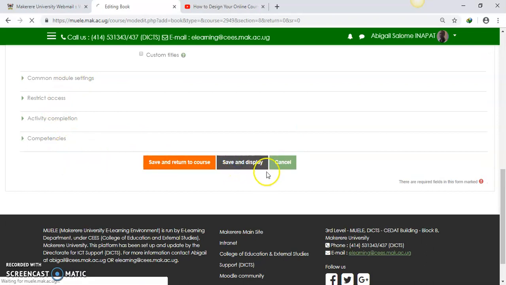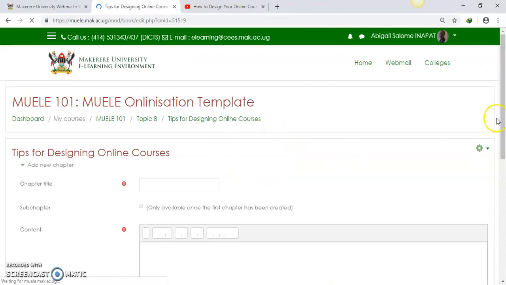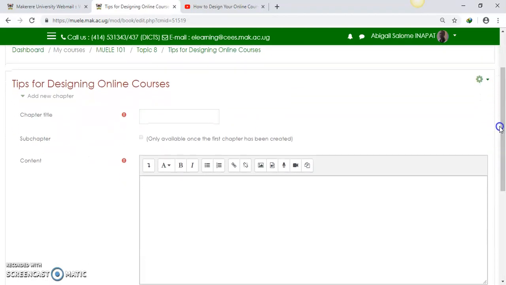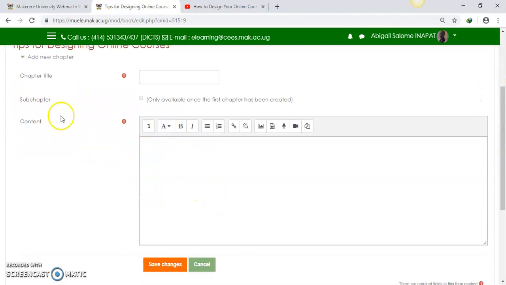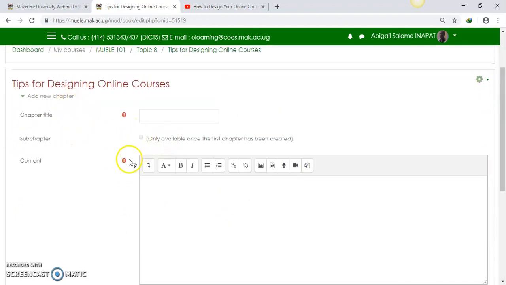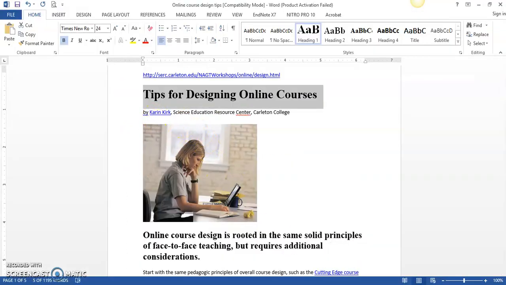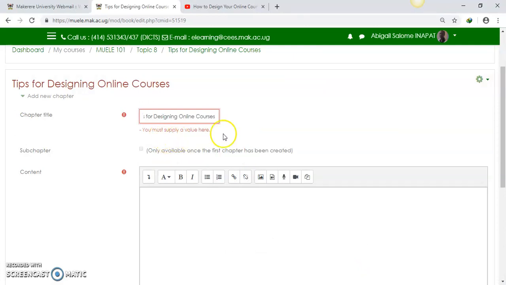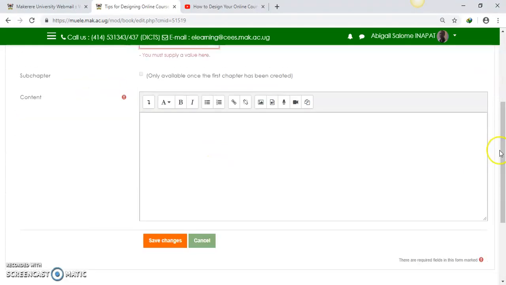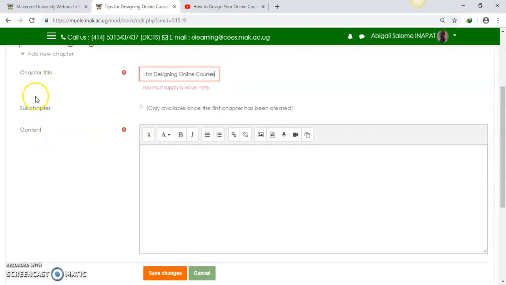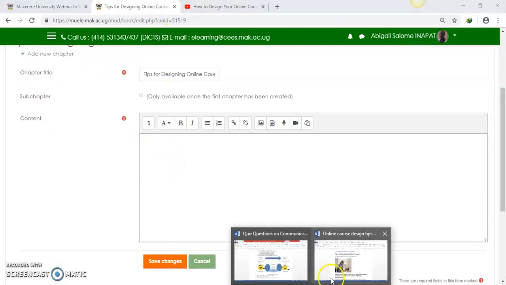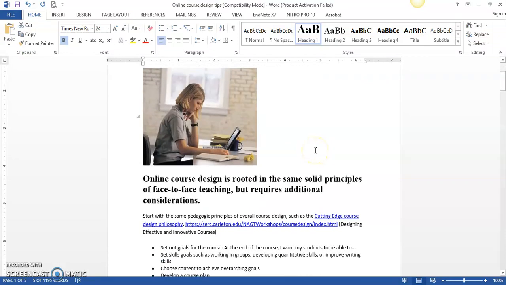So we'll say save and display so that we go to the next section of our course. Now we will have a chapter, and then of course there are sub-chapters which can only become available once you have created the first section here. So I'll still call that first section Tips for Designing Online Courses, and I'll give it a title. And then when you have that title, it's now time to begin adding the content of your titles or your subtitles. So I'll simply go and pick my content, maybe the first part,